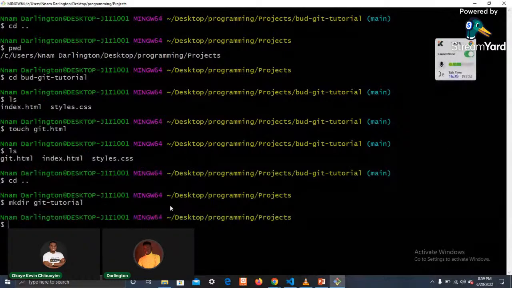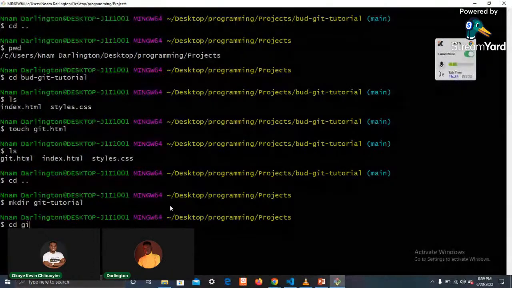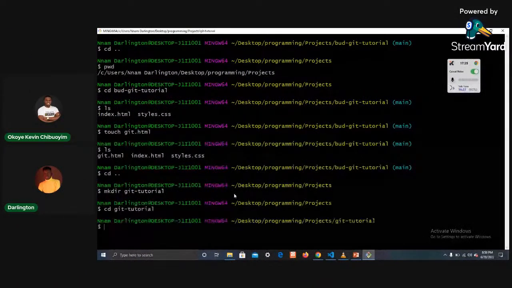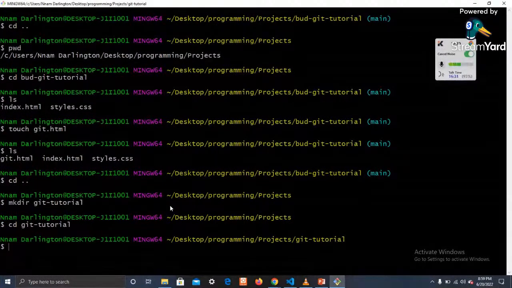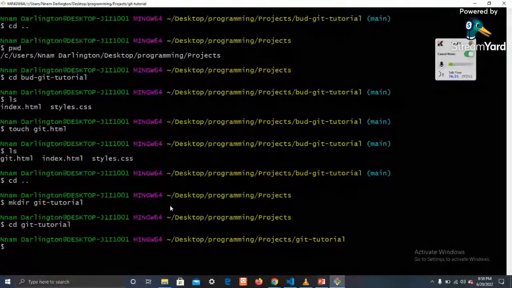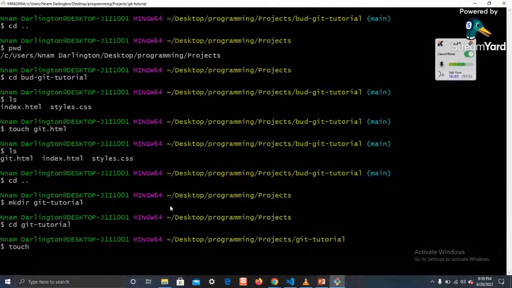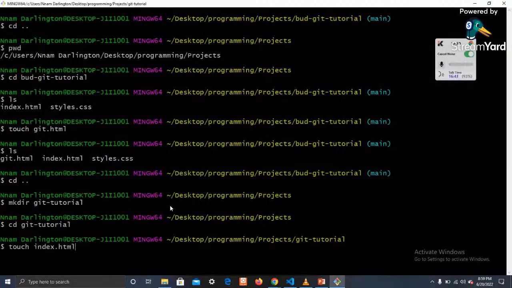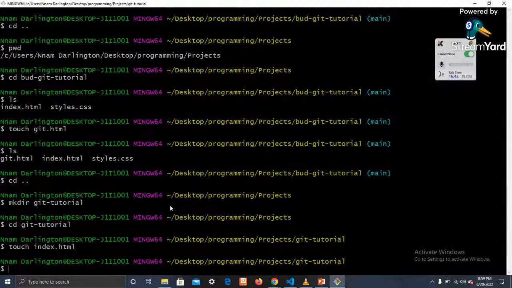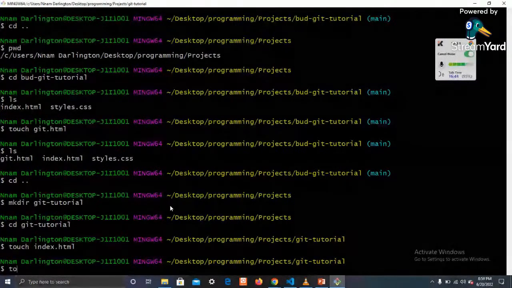To navigate back into the folder, we could do cd Git tutorial, and you can see we've gone into the Git tutorial folder. Let's create the same files that were in the previous folder. Let's create the index.html file, and let's also create the styles.css file.